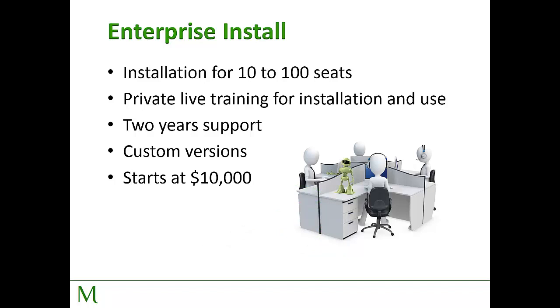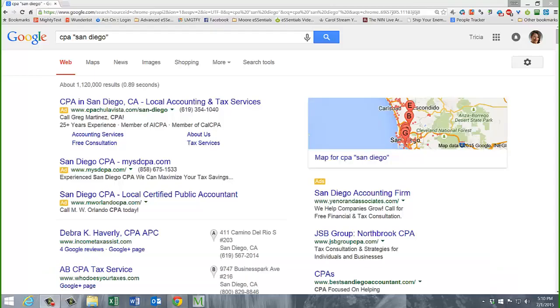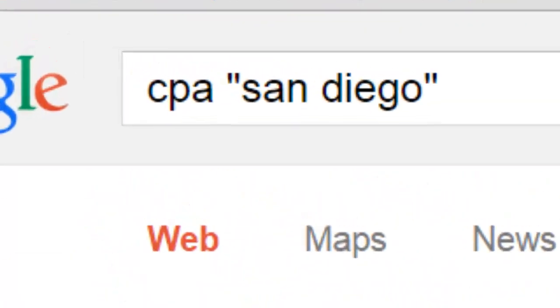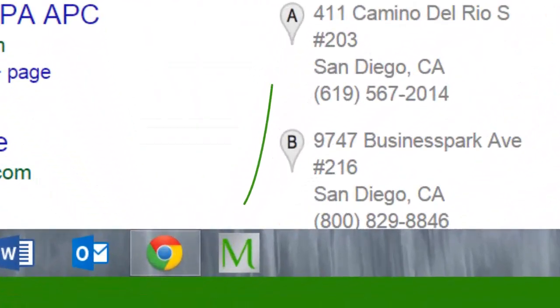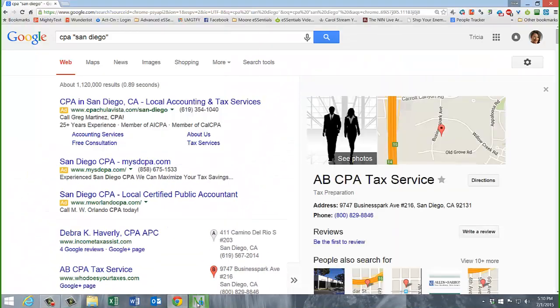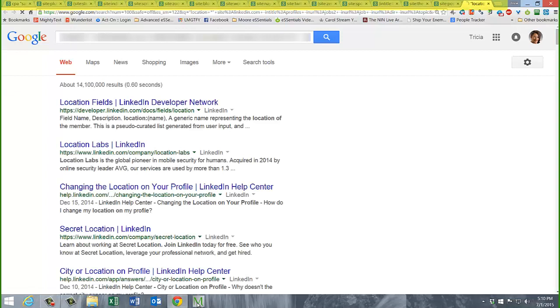Why don't we jump out and show them how it works live? In our example, what we're looking for is a CPA in San Diego. You can see we've already put that into our search box. Now we're going to come down to the tray and we're going to launch the eSSistant. You'll see it with this M icon, and I click here and you see that temporary little black screen pop up while the program loads, and now along the top you will see 15 new strings have now popped up.